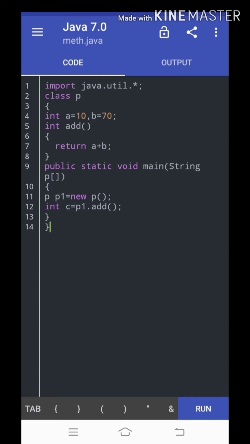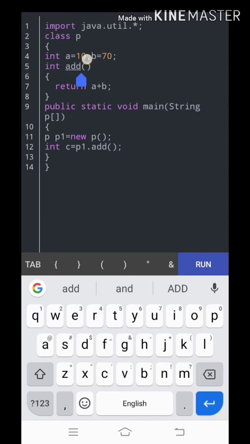It was very simple. We have declared two variables a and b and initialized them with 10 and 70 respectively. The return statement will return the a plus b values, meaning the addition of a and b, and store it in the add function. As we all know, we cannot directly print that function in the output section, so we have taken a variable c and are storing the value of the add function into c, and we are going to print that.